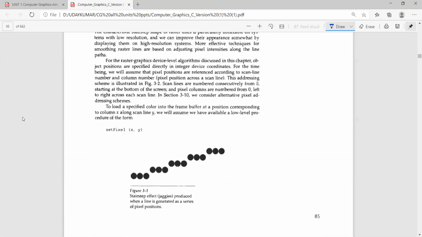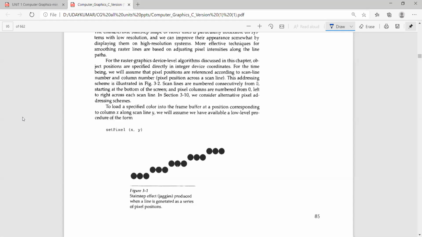In C programming, for putting a point, we use the setPixel method. Here P is capital, the remaining letters are small, and there is no space between set and pixel. It is one entire method, the setPixel method, which takes the input parameters x comma y as integers. x indicates the x coordinate and y indicates the y coordinate. By calling this method, a pixel is plotted on the screen.